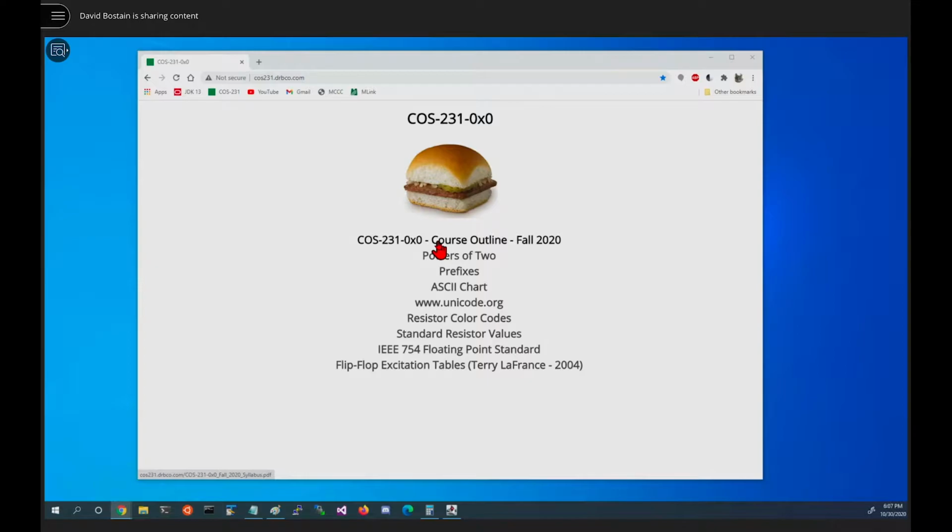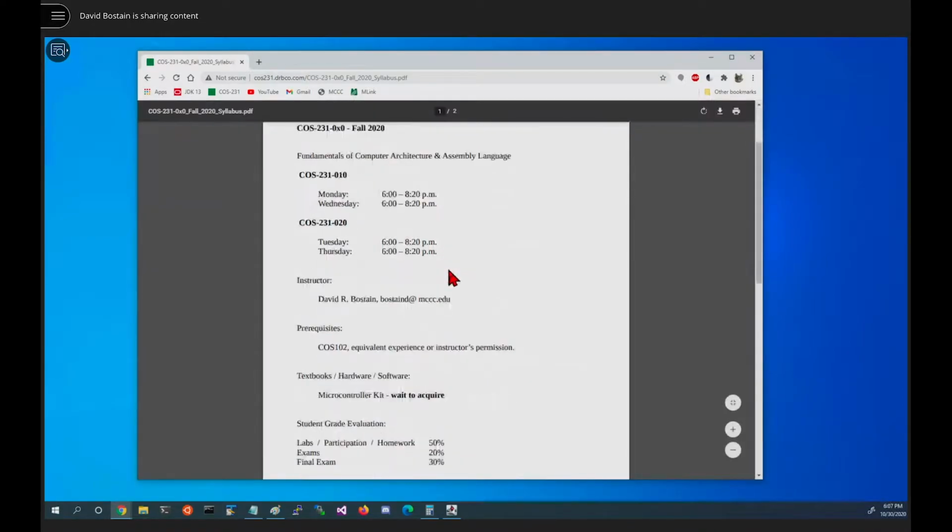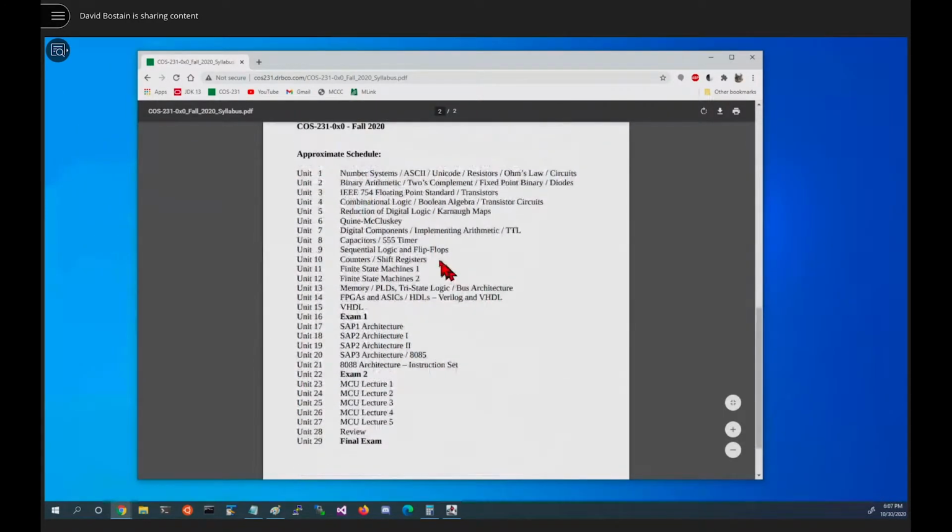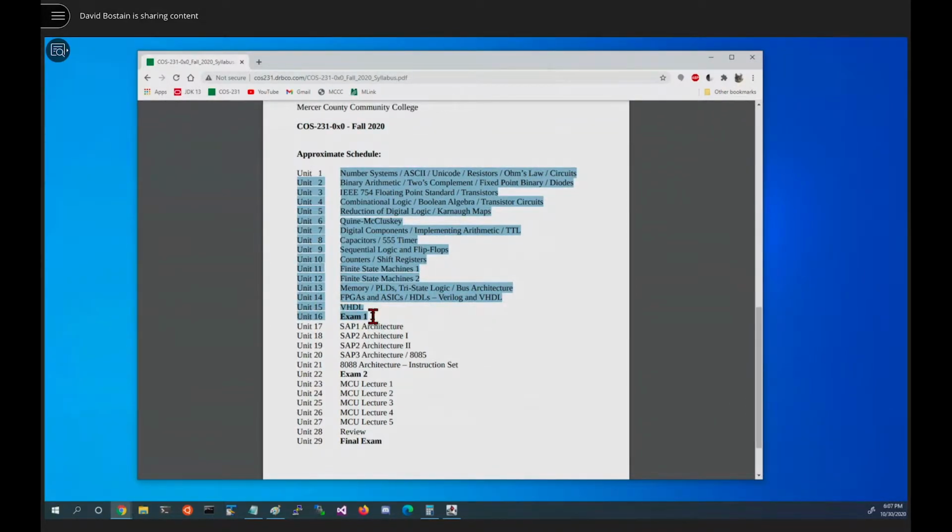What we have over here, of course, item 1, what's useful here is the schedule, because the schedule shows us down through here the items that are going to be on the exam and that you need to brush up on over the weekend. What's missing here is multiplexers. We did multiplexers, I believe, the same night we did maybe counters and shift registers. No, it was before that. Digital components. We probably did them that night. And that's not on here.